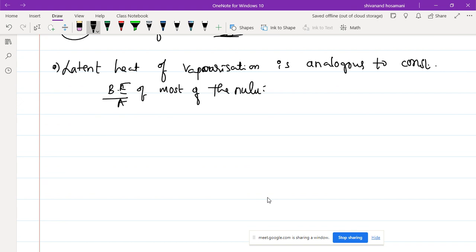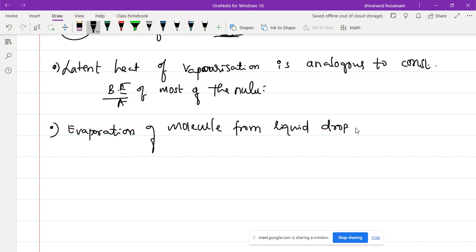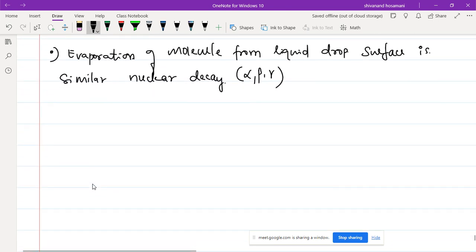The evaporation of a molecule from the liquid drop surface is similar to nuclear decay, isn't it? That is nothing but alpha, beta, gamma decays. Just as the surface molecules of a liquid drop operate, the nucleus decays by alpha, beta, gamma decay. Then another similarity is: